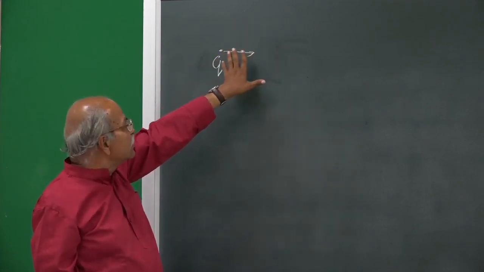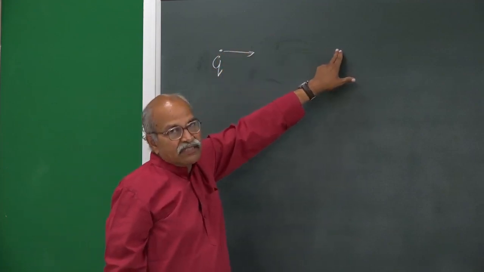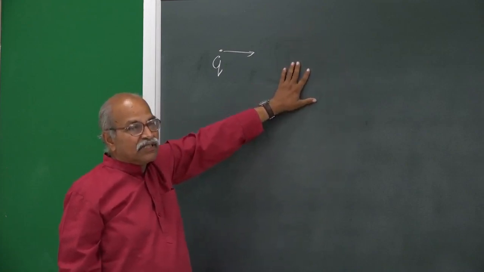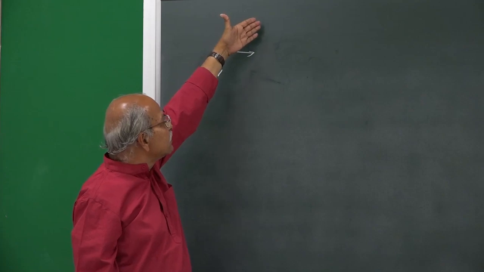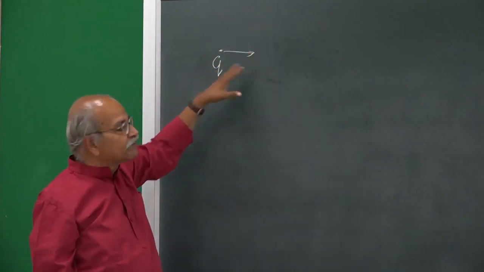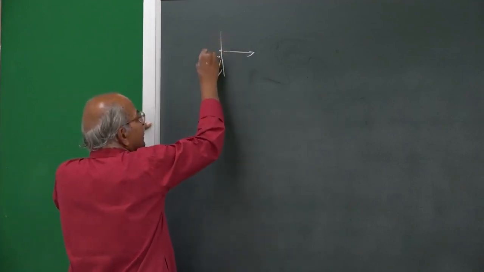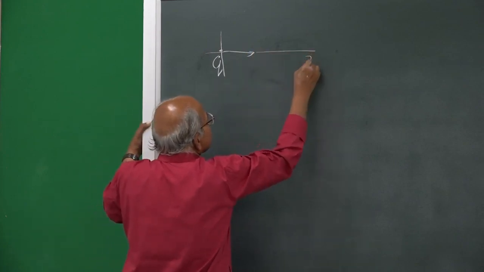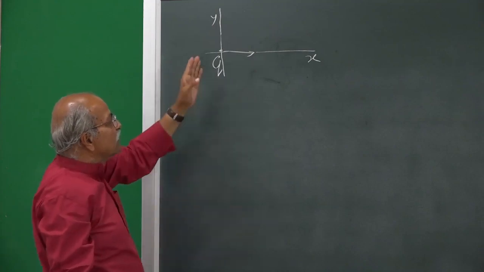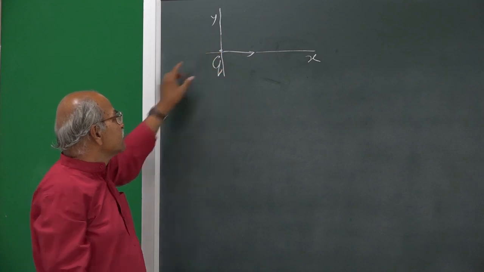Now, this entire situation is symmetric about this line, axial symmetry. So, if I find the fields in this plane, that is good enough. After that, whatever field is there, we can rotate it about x axis to get fields at other points. So, let us say this is x axis and this is y axis, and then z axis is coming out, and at a certain instant t equal to 0, this charge is here.